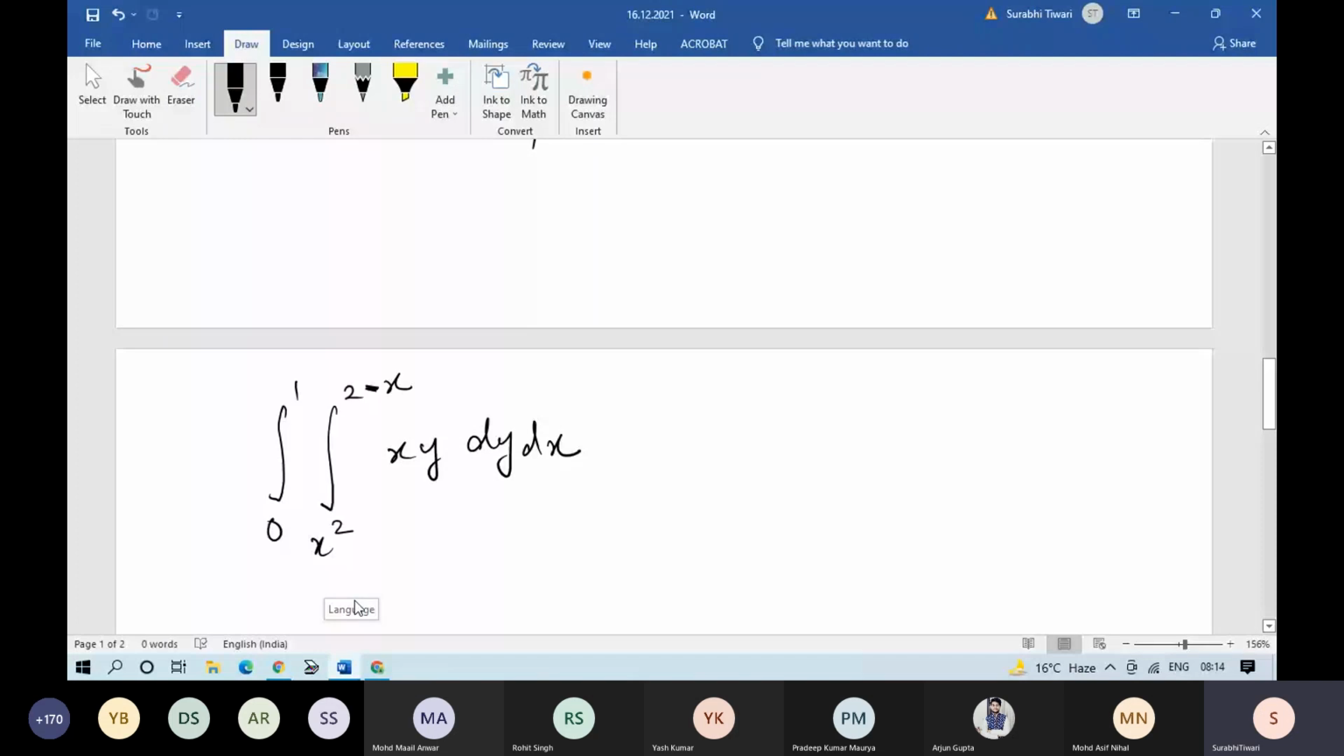Okay, now this is the curve and you have to change order. आंसर दोनों से सेम ही आएगा, whether you calculate dy dx और dx dy।